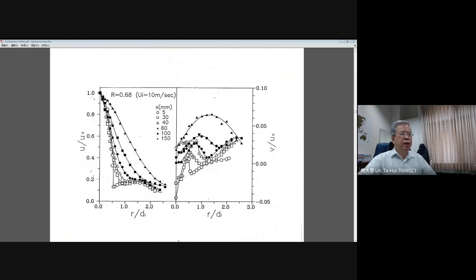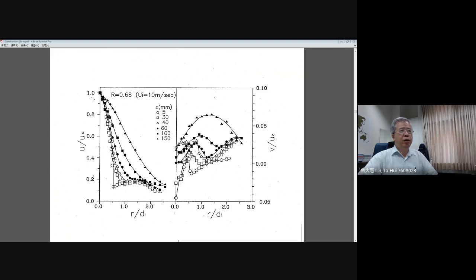You can see, for the similar representations, here we use D_i as the non-dimensional value that still represents the radial distance, and we present the non-dimensional axial velocity and also radial velocity in these figures. Okay,